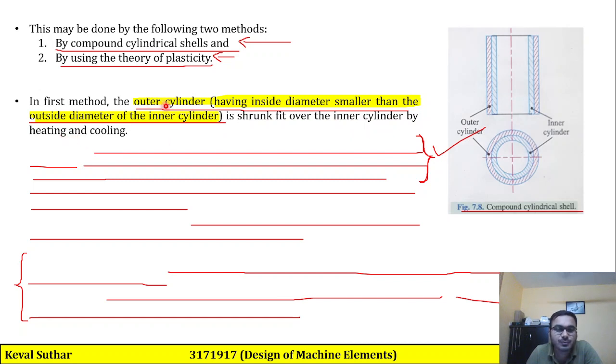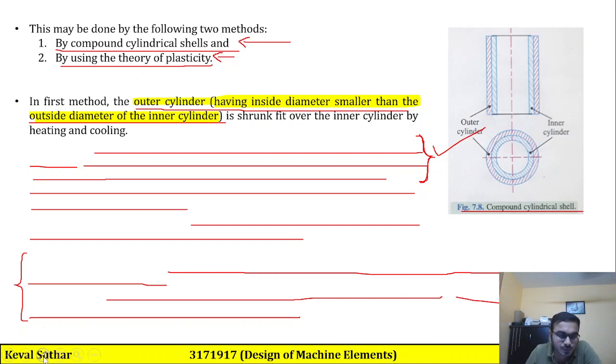So if you carefully focus on this portion, the inside diameter of the outer cylinder is smaller than the outside diameter of the inner cylinder. It might look confusing for a while, but if you carefully think about this,